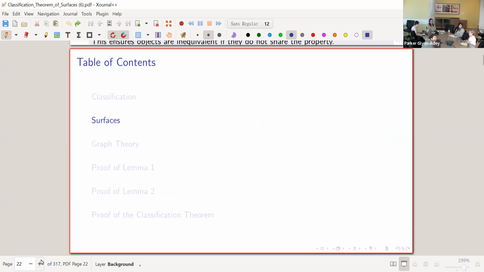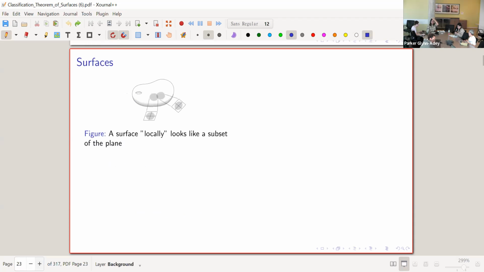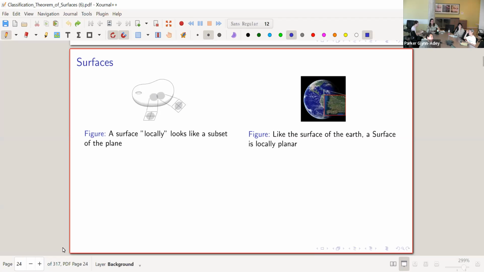So with the motivation out of the way, let's get into actually defining what a surface is. So a surface is a set that locally, around every point, looks like a subset of the plane. So you probably think of the surface of the Earth. If you're standing on the Earth, it looks locally planar. So that's probably why a lot of people thought the Earth was flat a long time ago, because they just viewed it as, everything's flat here, so it must be